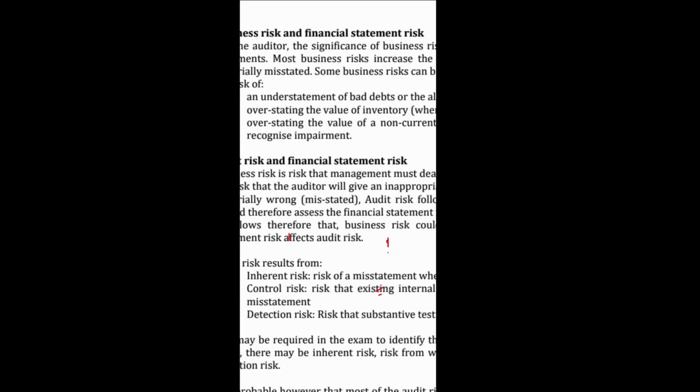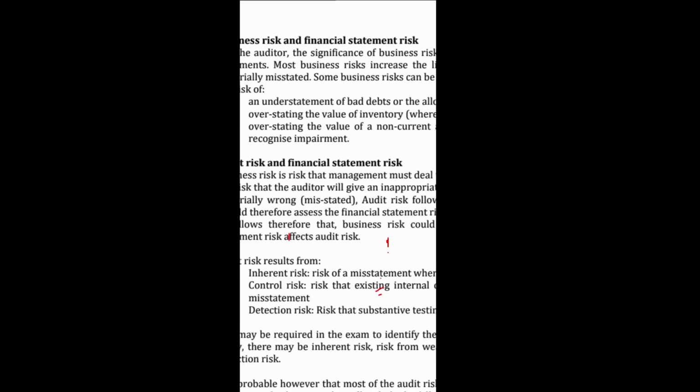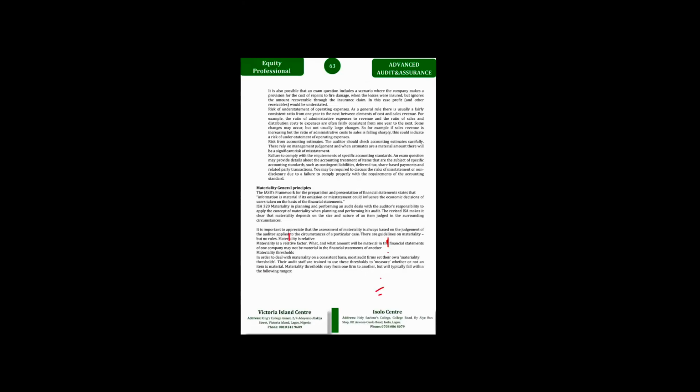So that is the relationship between the three of them. All right. If they understate the figures in financial statement to satisfy certain business objective, it is classified as what? Financial statement risk. Okay, that is what I'm trying to explain. So with that, I can proceed to the next area that I want to talk about,